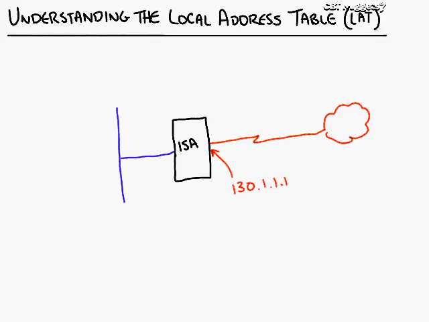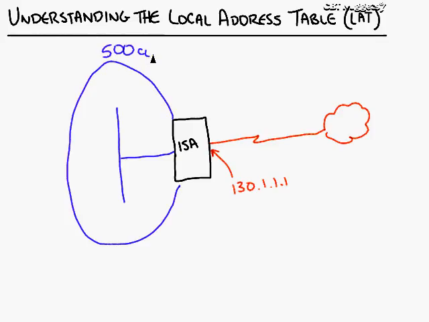Now we also had a network interface connected to an internal private network. And that plugged into a switch or a hub, and it was connected to 500 internal clients that use your ISO server to access the internet. And maybe those 500 internal clients, I'll represent them by this one PC, have the IP address space